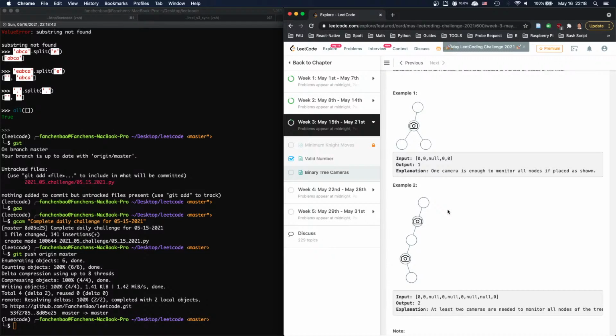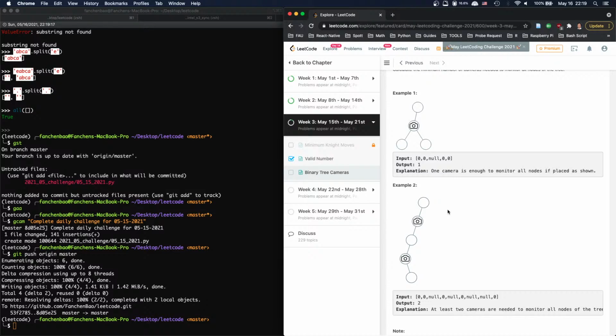The subproblem is, if we're given a tree and we have the root of the tree, and we have children, then the minimum number of cameras needed for the tree itself will be